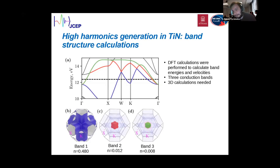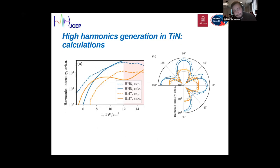And that's what we did. In these two plots, I compare the measured, shown in dashed lines, and calculated, solid lines, intensity scaling on the left, and the angular dependence for the two harmonics. And the calculated intensity scaling